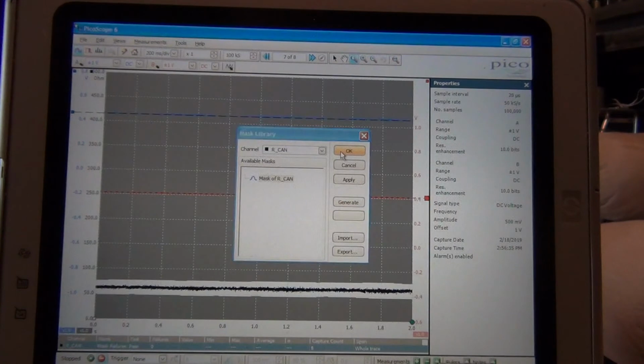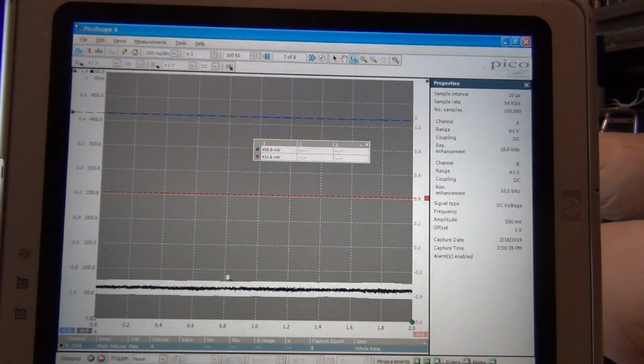We click OK, and there should be a window mask appearing around the channel. If we now run the Pico scope, it's going to collect the trace, and if everything is normal with our CAN bus, the trace should be fully within the mask window, and it's not going to trigger any events. And speaking of which,